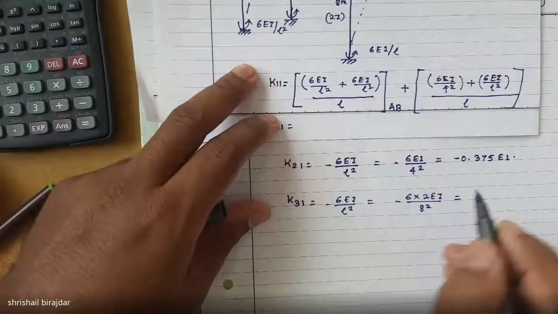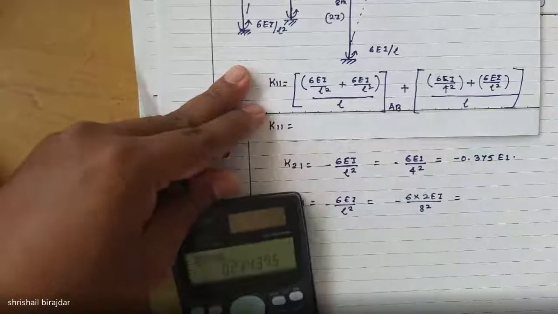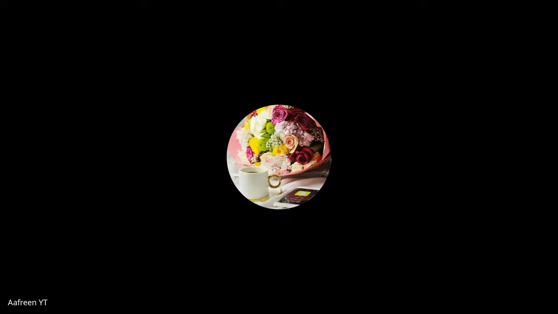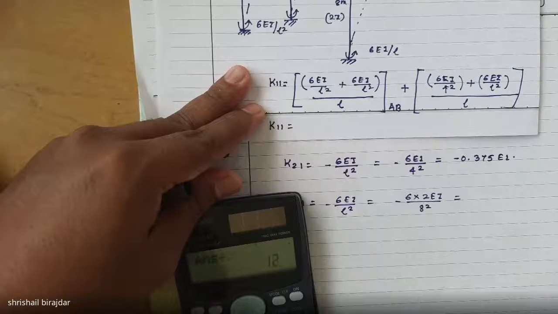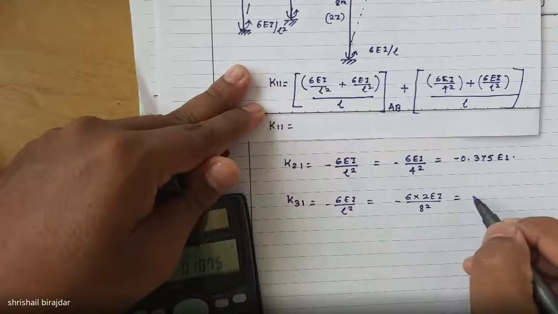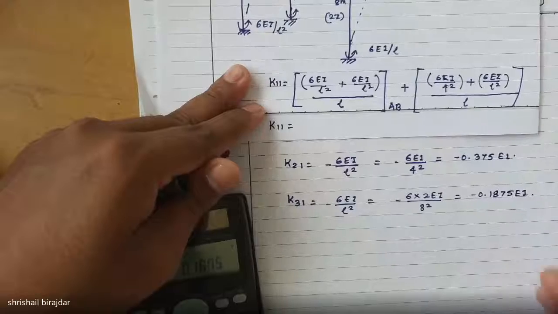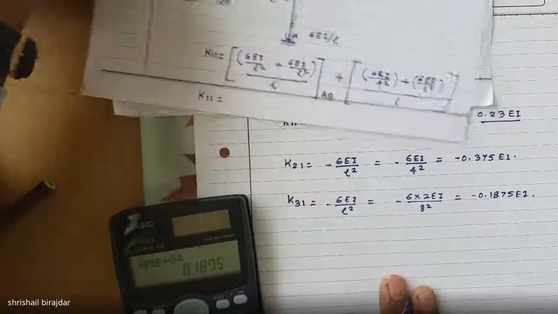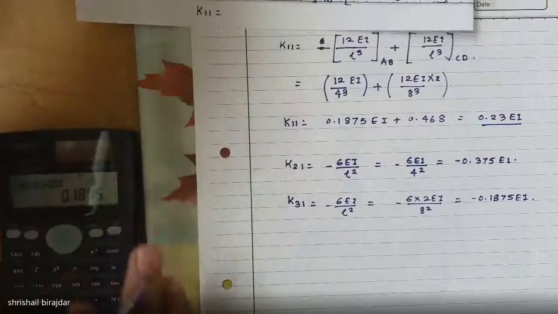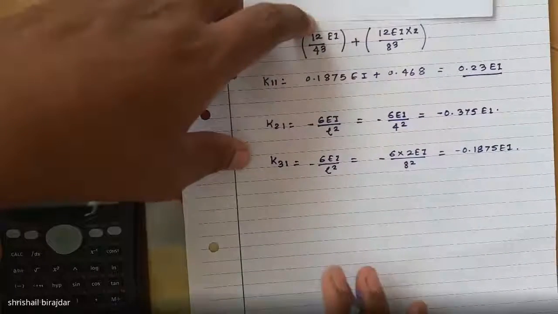How much does it work out to be? Okay, 6 multiplied... 0.1875 EI. Okay, likewise, you have to find out the coefficients of the matrix. Then next,